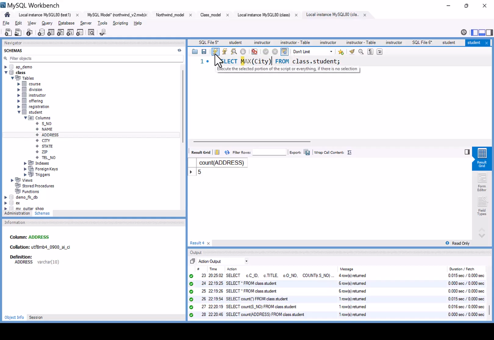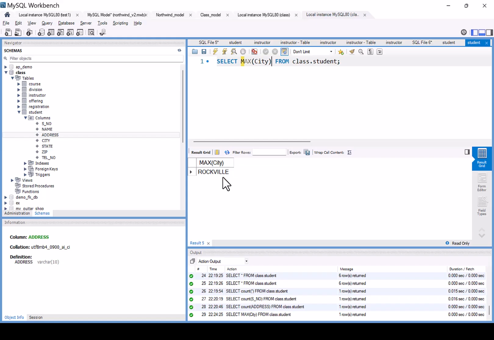Let's see whether it will work. Yeah, so it's actually sorted the city name in ascending order and found the city name which has the largest string by comparison. And Rockville is the,